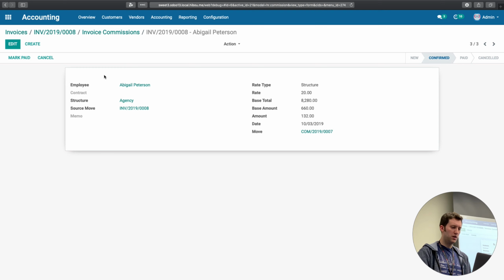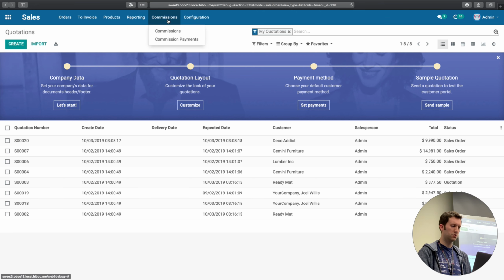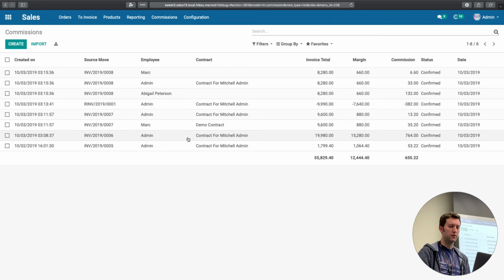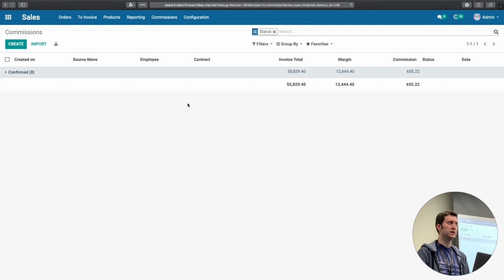All right, so with all of those done, let's talk about the next phase, right? So in sales, we have the ability for a salesperson to look at the commissions through this top level object. This is a reporting overview for the salesperson. In fact, they'll only be able to see their commissions. As an admin, I can see all the commissions, and as a payer or whatever, I would be able to see all the commissions. But this can generally be thought of as a dashboard-like thing for the employee, because they can filter for their confirmed but not paid ones yet, and see what they're expecting to receive in the future, because it is really supposed to be